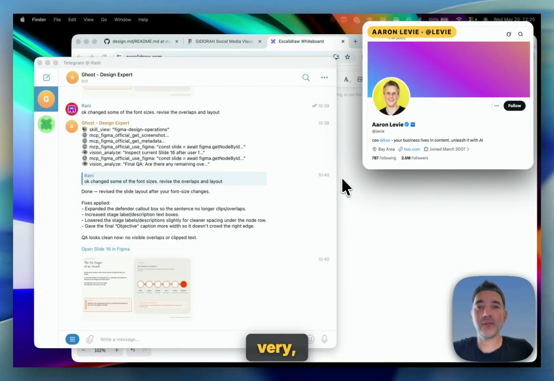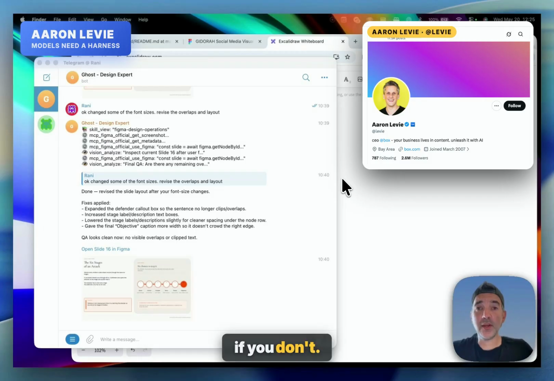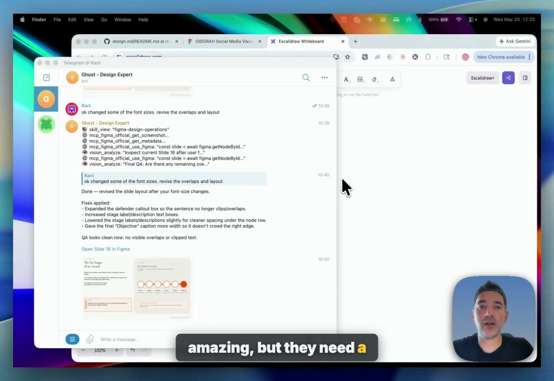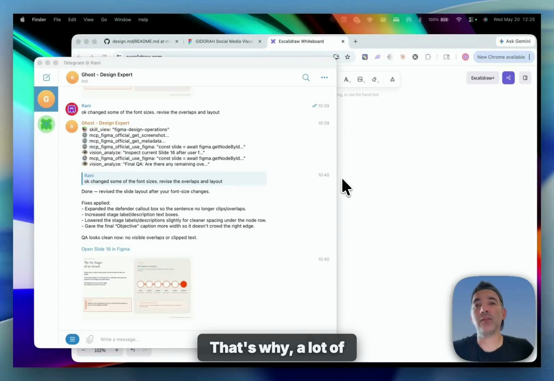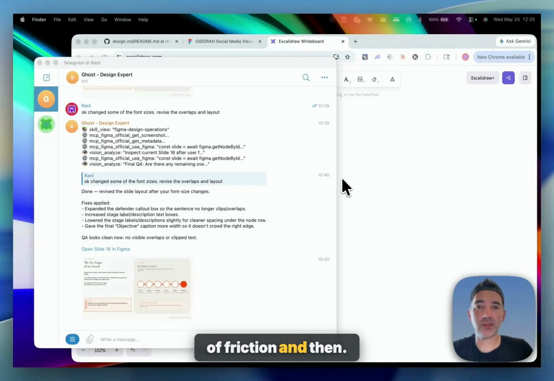So Aaron Levie has been very emphatically speaking about this on his X account. You should follow him if you don't. These models are amazing, but they need a harness, right? They need to be guided to get to the output you want. That's why a lot of people who actually work with these models or try to implement them face a lot of friction, and naturally the output is not deterministic, right? And models sometimes drift left and right based on the context, and it's not easy to guide them